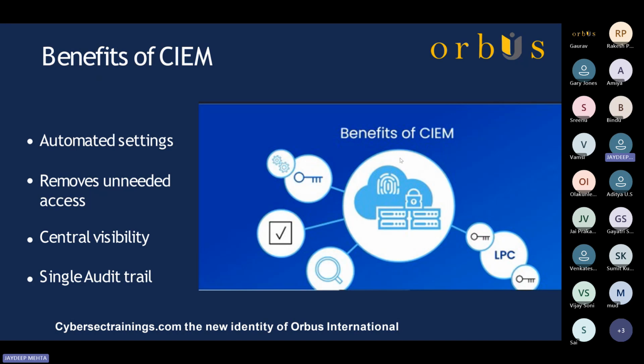input feeds from each of these governance and compliance regulations, you can have benefits like automated settings. Your CIEM, the SailPoint ISC Infrastructure Entitlement Management solution, can say, hey, there is a resource group in your AWS cloud which does not have any IAM policy, which means anyone with access to your tenant can access that resource. We find that this policy is too open and might lead to compromise,